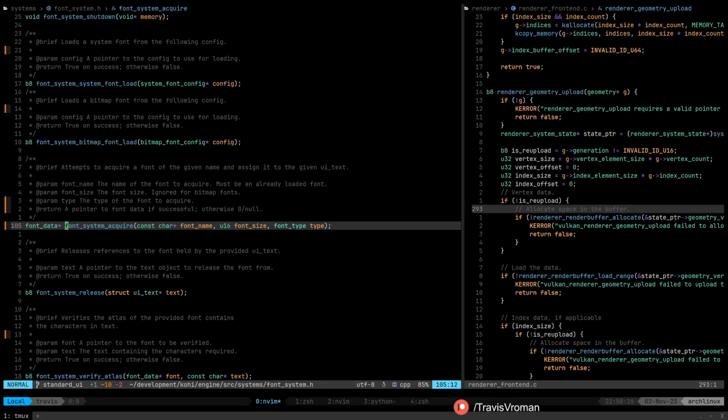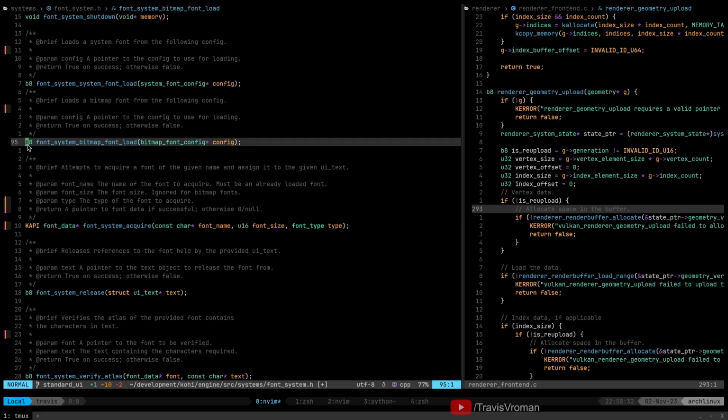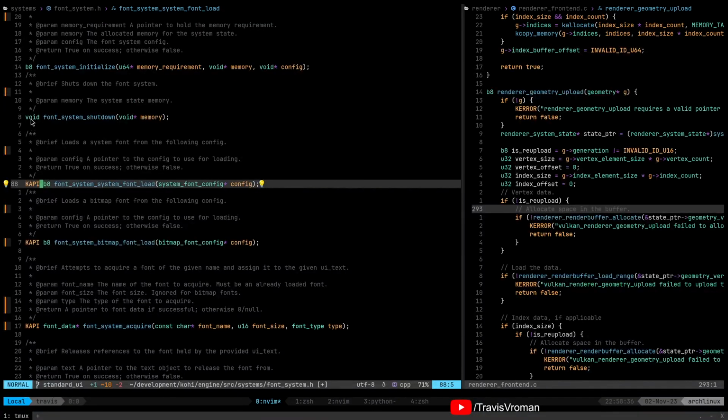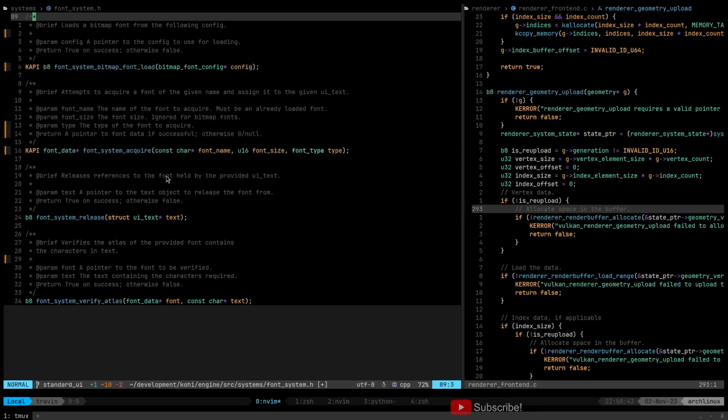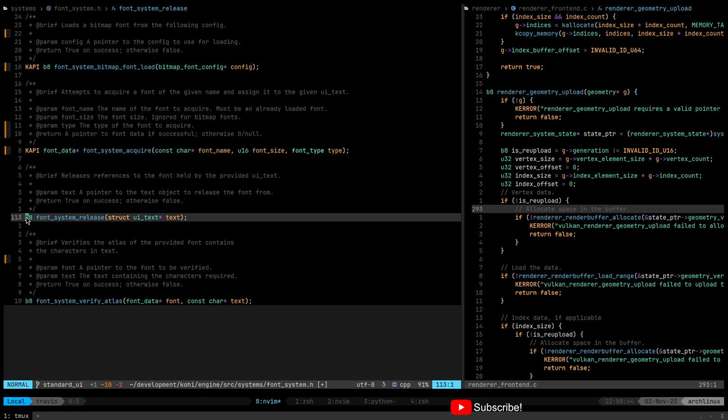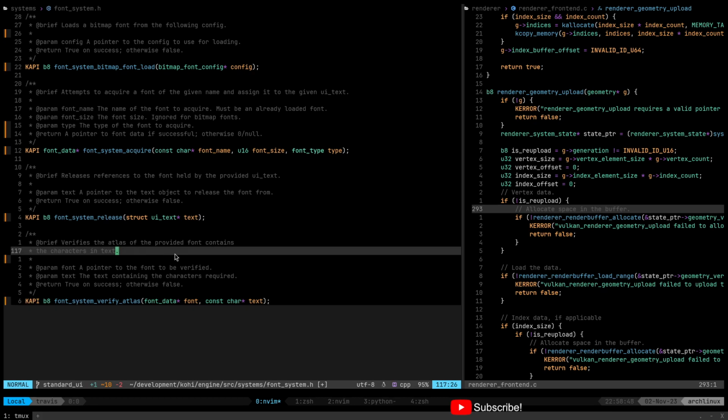We did not export it. And we should probably do that for all of this stuff, actually. It should probably all be exported. Actually, initialize and shut down, no, those are internal to the engine. We can release, and verify atlas should also be exported.